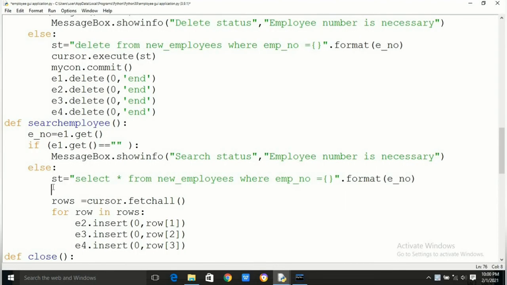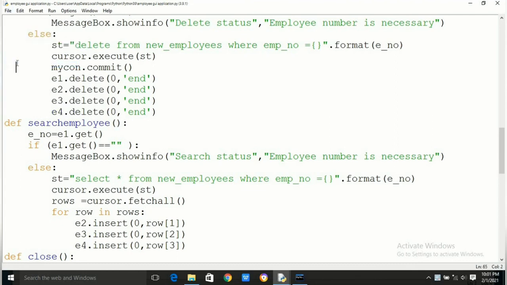As you can see, search employee is not showing properly. There is an error. We have not executed the query. For that we have to write cursor.execute st. Now search employee will also work properly. We will execute the program again to check whether search employee is working properly or not.